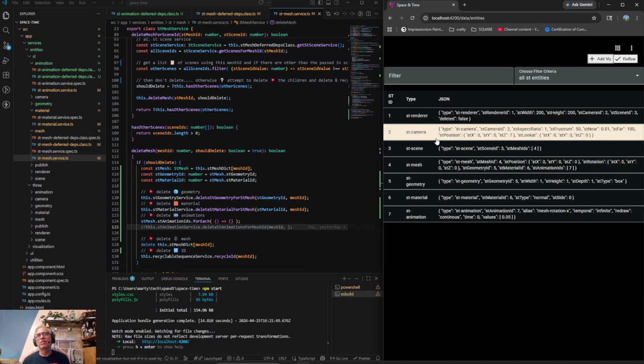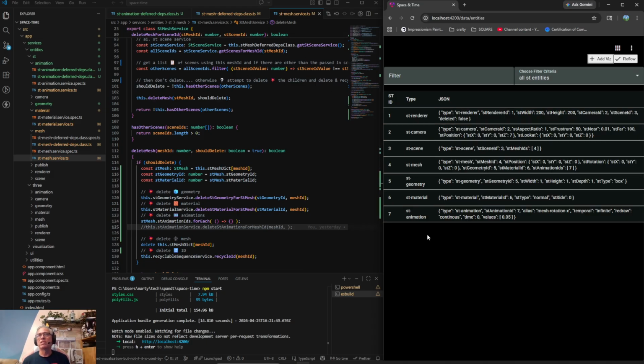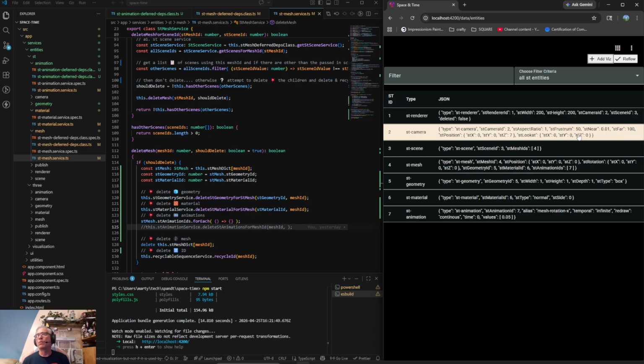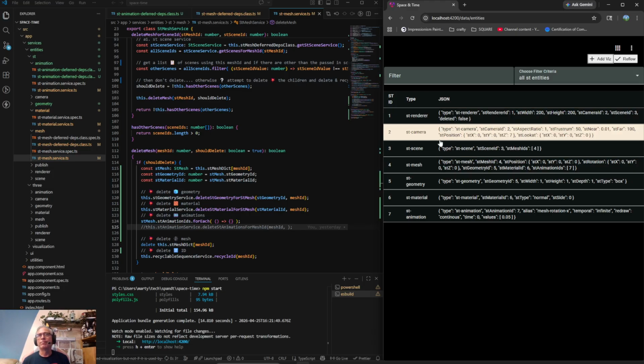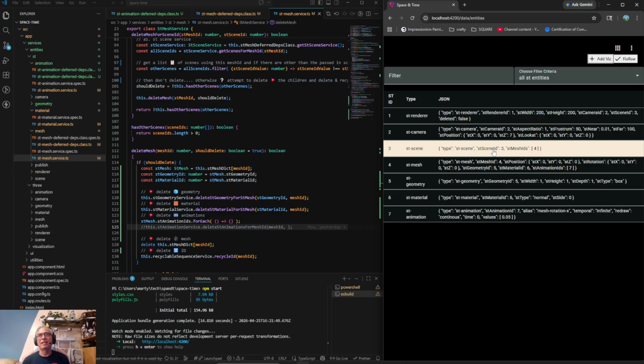These are actually in order, which is just a convenience, and it probably won't always be that way. But as you see, a renderer has a camera and a scene. A camera has various attributes, like positions and stuff like that, but it doesn't have ThreeJS objects. And then a scene has meshes,